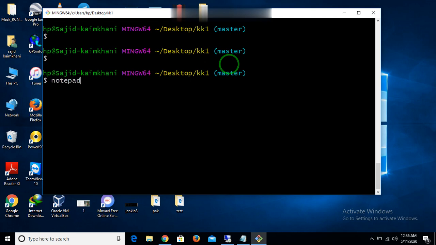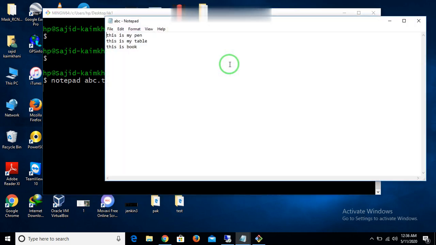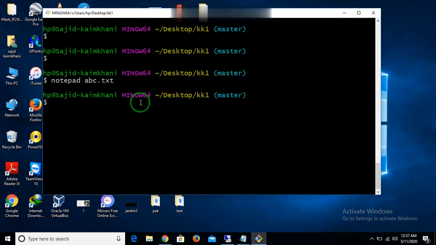Let's suppose we change it to: this is my pen, this is my book, this is not my book. I have changed line number 3: this is not my book. Save it. Okay, and then commit it. git commit ABC -m with B1.